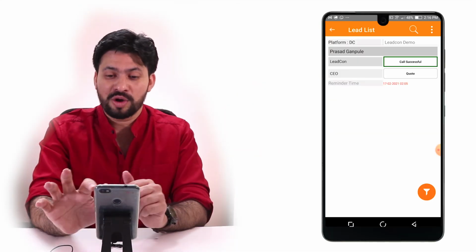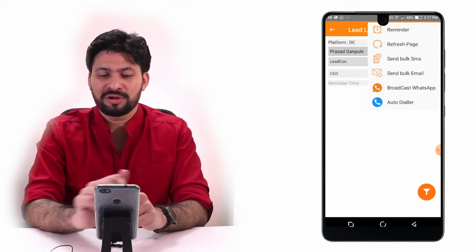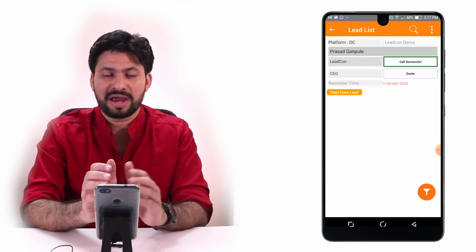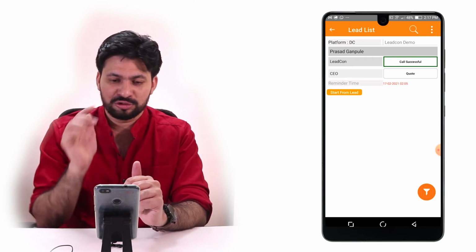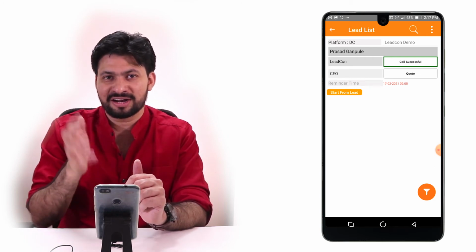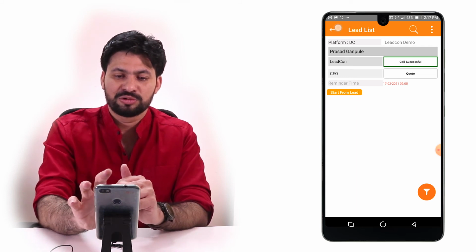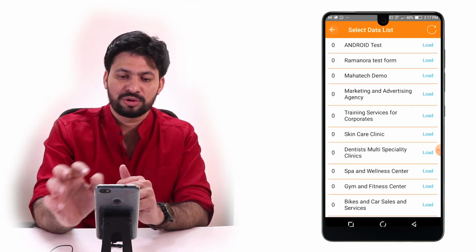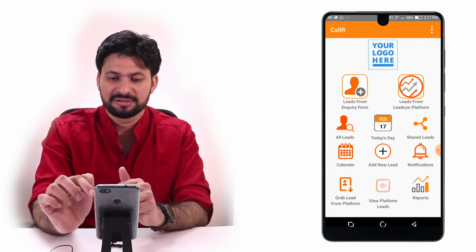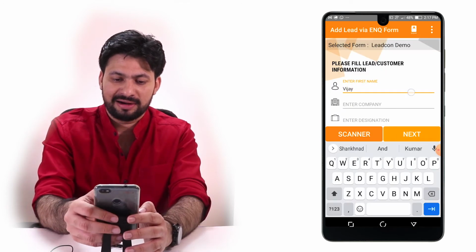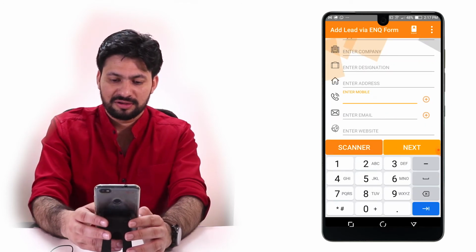And then you also have the auto dialer. Auto dialer is basically where you can start calling, not shifting between the leads, but just at a click of a next button, you can move from one lead to another. To do that, I'm going to go to add new lead just for that purpose. So I'm going to add the lead of Mr. Vijay with the number